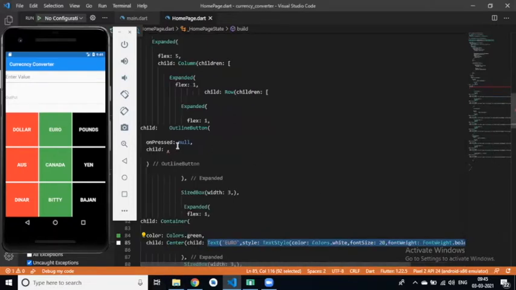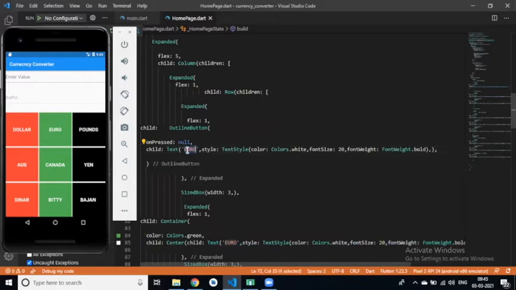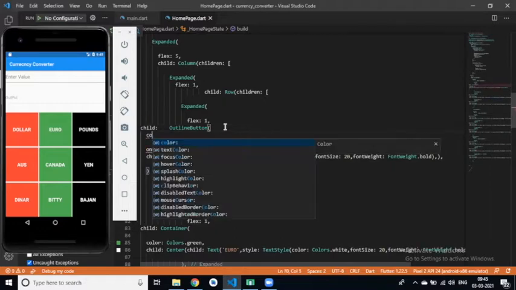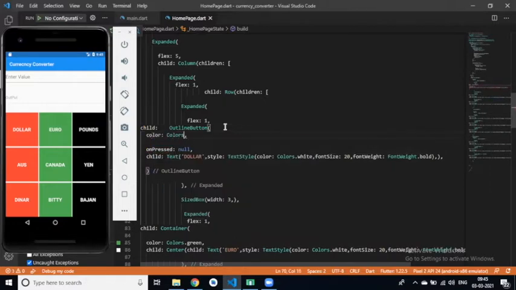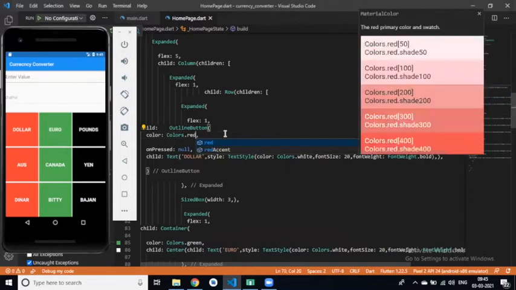So first is our dollar, right? This is our outline button. In on pressed we put null, and then child. This is our text, right? And we can also set color for this button, like Colors.red, same as container.